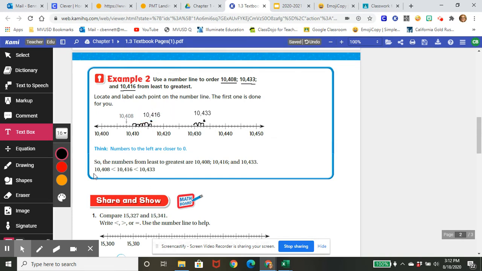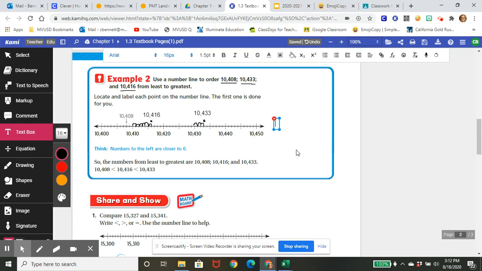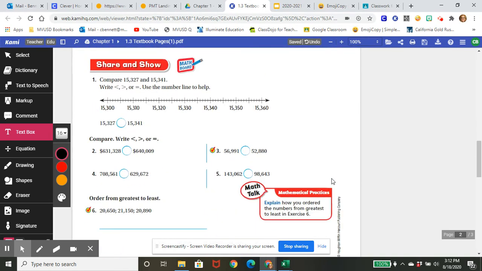Okay, 10,408 is smaller than 10,416, and 10,416 is smaller than 10,433. Okay, so